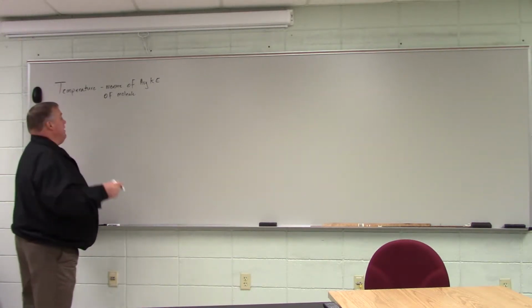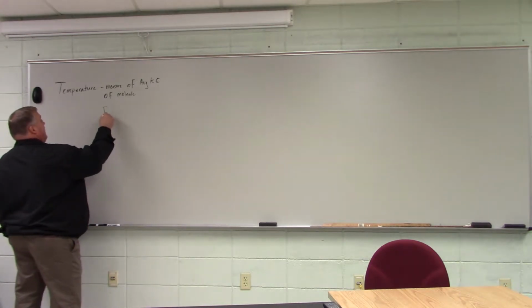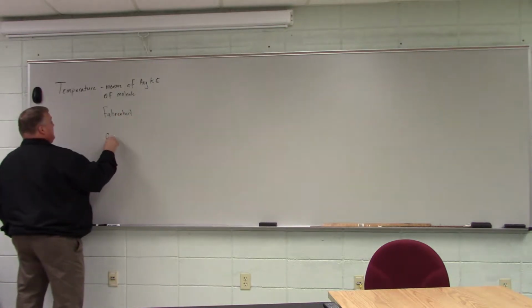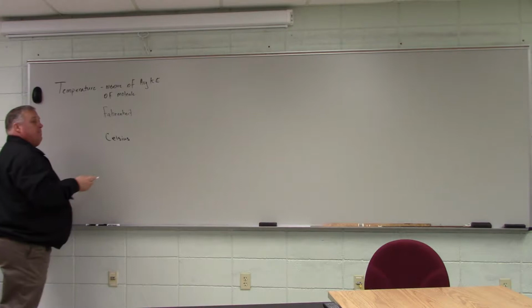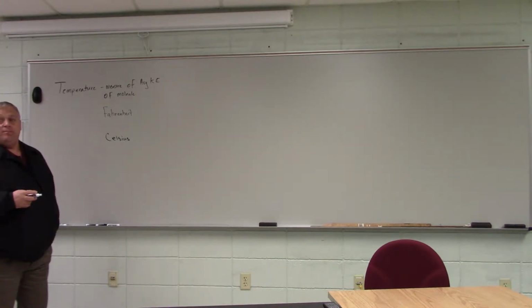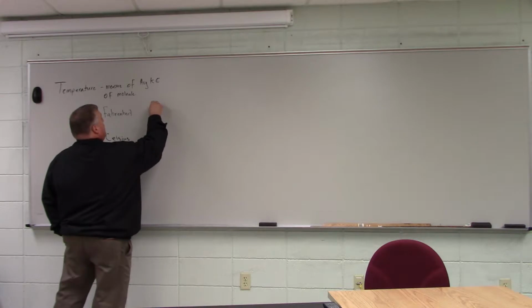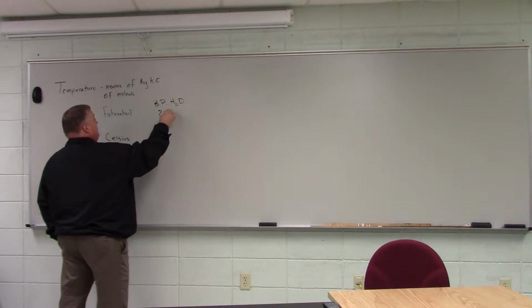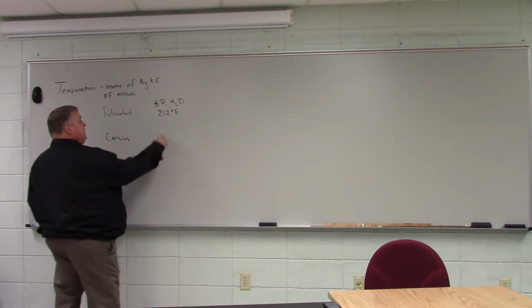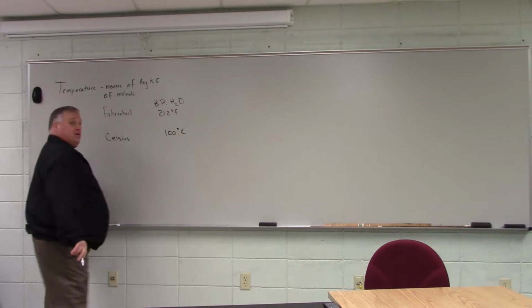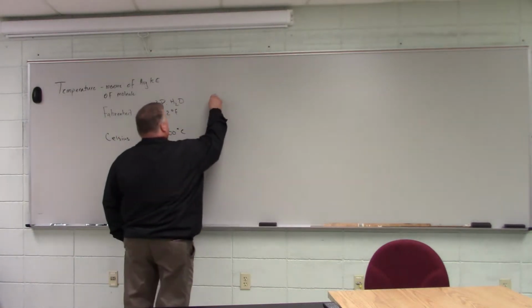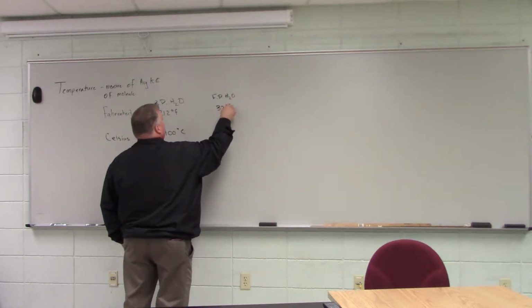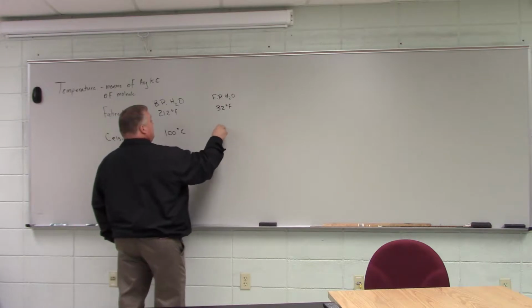Now for science, or for chemistry, we're going to look at 3 scales. The Fahrenheit scale and the Celsius scale. Both are dependent on the freezing point and boiling point of water. The boiling point of water on the Fahrenheit scale is 212 degrees Fahrenheit. On the Celsius scale, it's 100 degrees Celsius. The freezing point of water on the Fahrenheit scale is 32 degrees Fahrenheit, and on the Celsius scale, it's 0